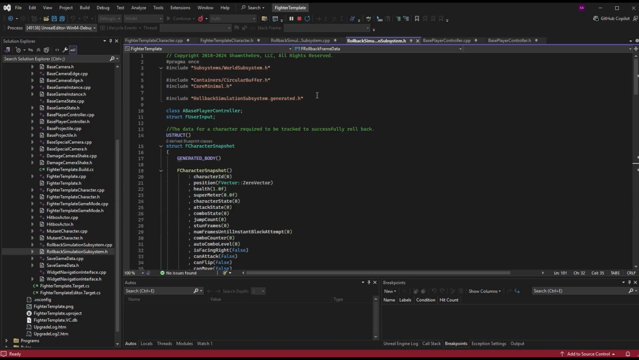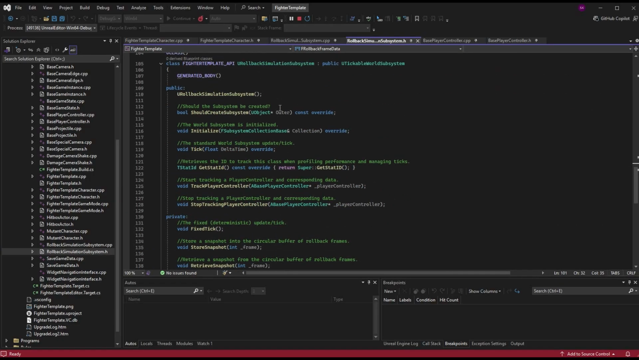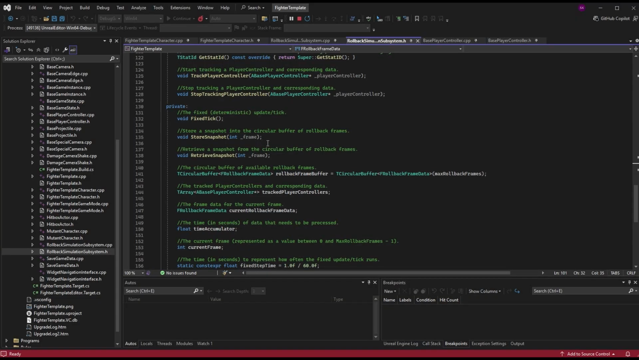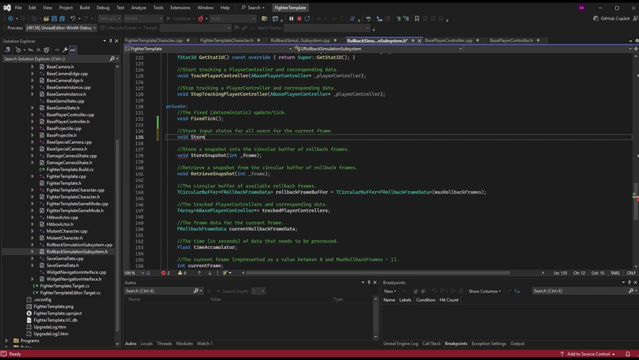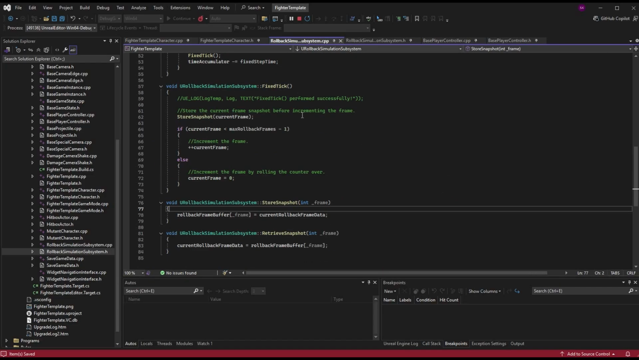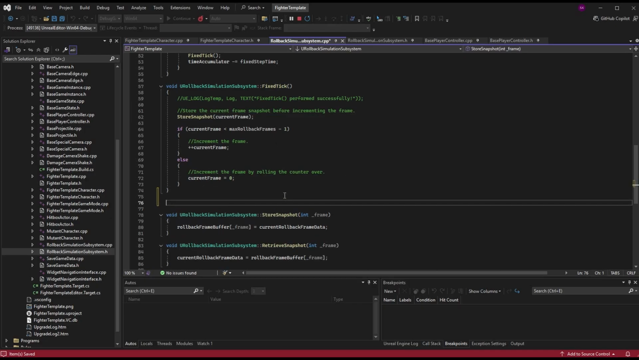So I'm going to go into rollback simulation subsystem.h and scroll down to my functions. And above store snapshot here, store input states for all users for the current frame. And we'll call this void store inputs. And we can also pass the frame into here in underscore frame. And let's start with this. So store inputs and go back to the CPP file, go above store snapshot, void URollbackSimulationSubsystem::